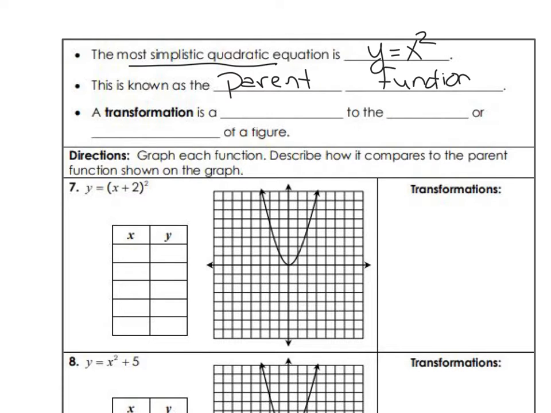Okay? A transformation is a shift. It could be a vertical or horizontal shift to the graph,